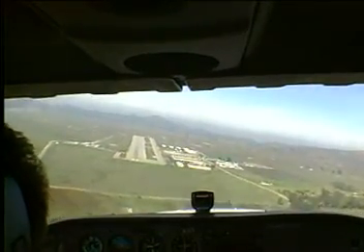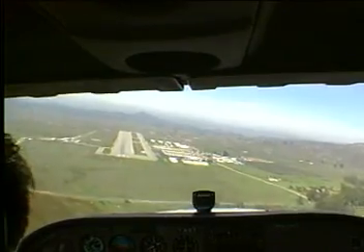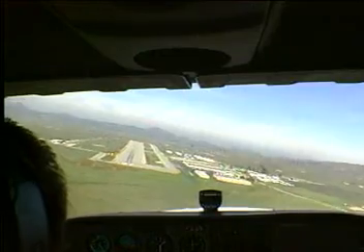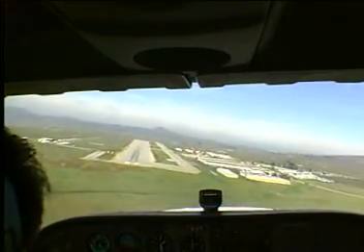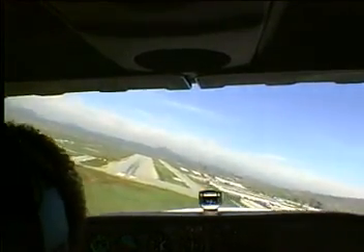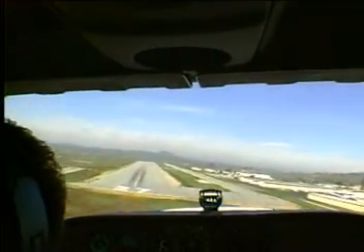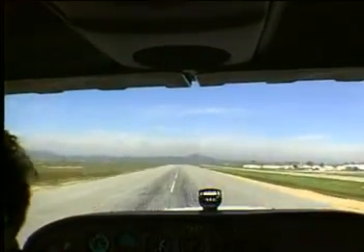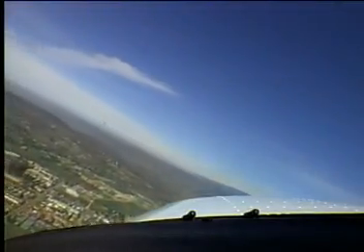Now, the disadvantage to the side slip is that it gives you and your passengers a leaning sensation and your airplane has more drag. This is because the side of the fuselage is exposed to the airstream and it's not streamlined into the wind. This is a less efficient way to fly, but it's okay because you want to land anyway. In fact, you can use this drag to your advantage. For example, if you're high on final approach, you can use that additional drag created by slipping to lose altitude and steepen your descent angle without increasing your airspeed.